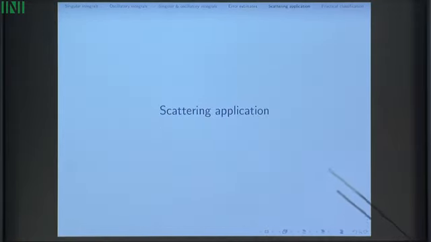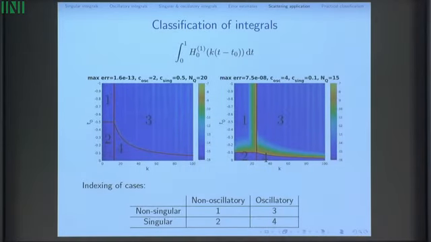Okay, now I'm going to talk more about the application, which was the motivation for all of this in the first place. But before I do, I should say that we're particularly interested in applying this to the Hankel function, which was what I talked about on the motivating slide. And because we're dealing with a practical implementation of this, we have to draw the line somewhere in terms of when something becomes oscillatory, when it's non-oscillatory, when it's singular, and when it's non-singular. Now, we choose our parameters to do this